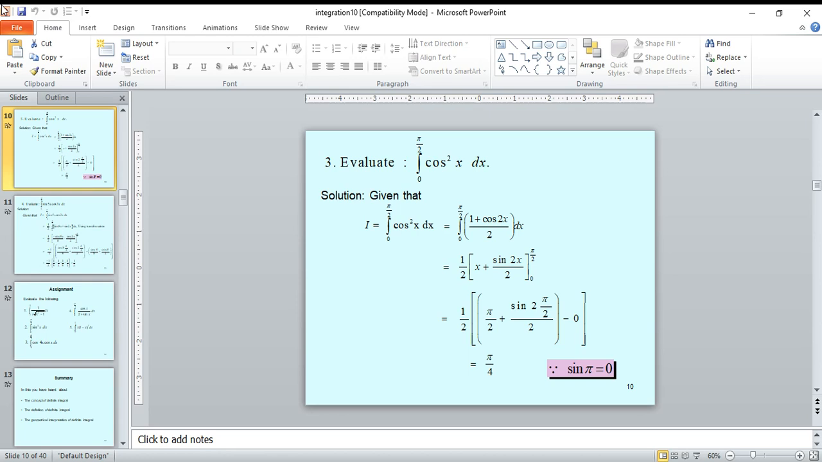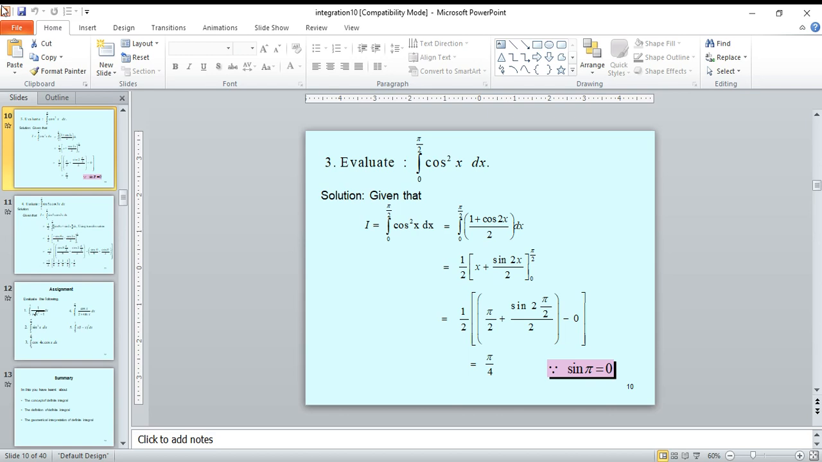formula for cos square x in integration. Convert cos square x into (1 plus cos 2x) by 2. The cos square x formula is (1 plus cos 2x) by 2. So integration 0 to pi by 2, (1 plus cos 2x) by 2 into dx. Take out the 2 outside,